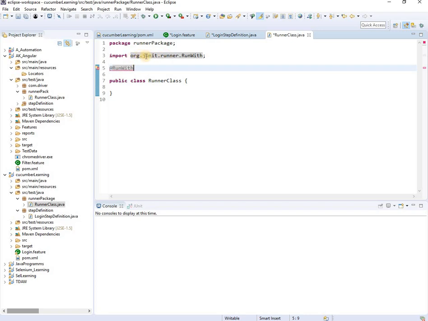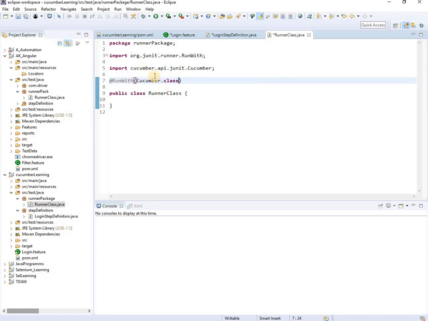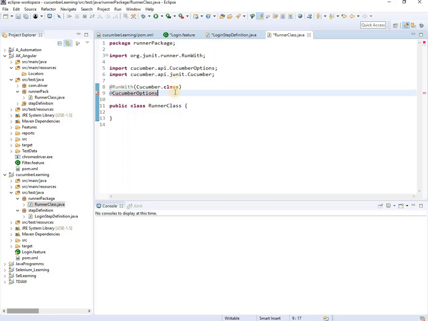It will import something from JUnit.runner. Inside that you have to give Cucumber.class. It will again import from the Cucumber API. Then you have to give @CucumberOptions. This is very important. It will import another thing from the Cucumber API.